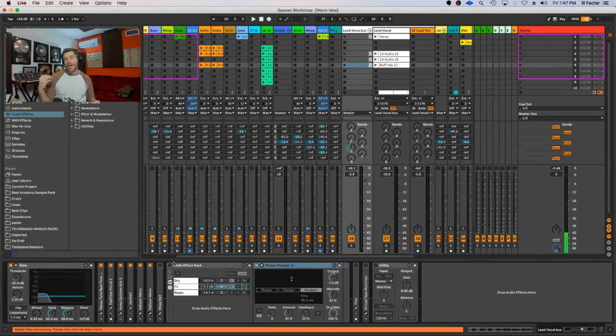So without the effect, what it does is just make the vocal right up front. It's a bit too polished, and it doesn't fit the same vibe as the drums and the bass. So when we're creating indie pop, you do have to be adamant about making sure that every element you're adding fits in the same ecosystem. Does it fit with the same texture and vibe that the other elements do?